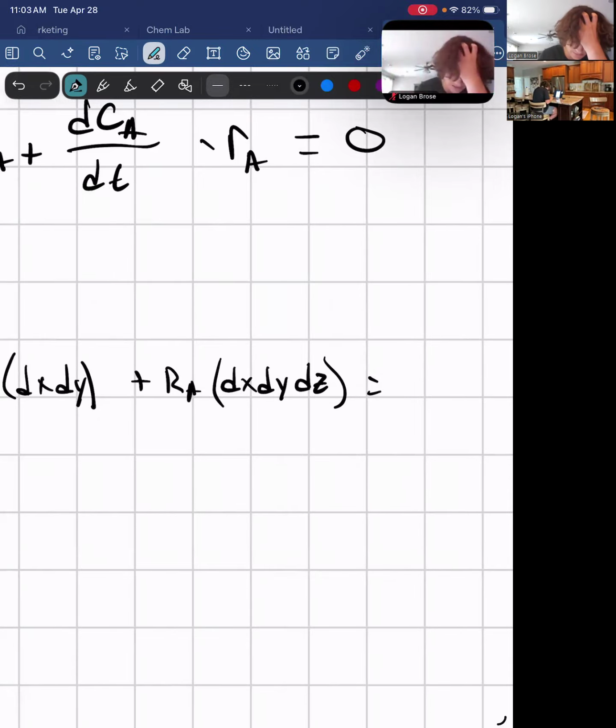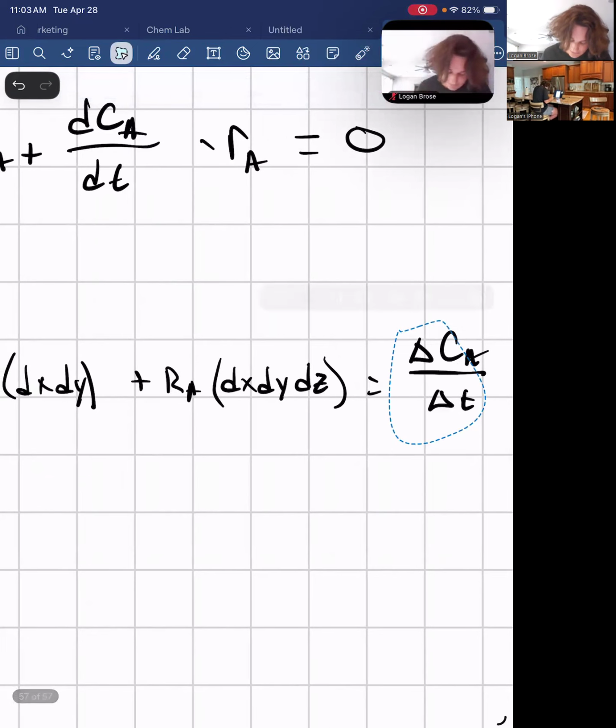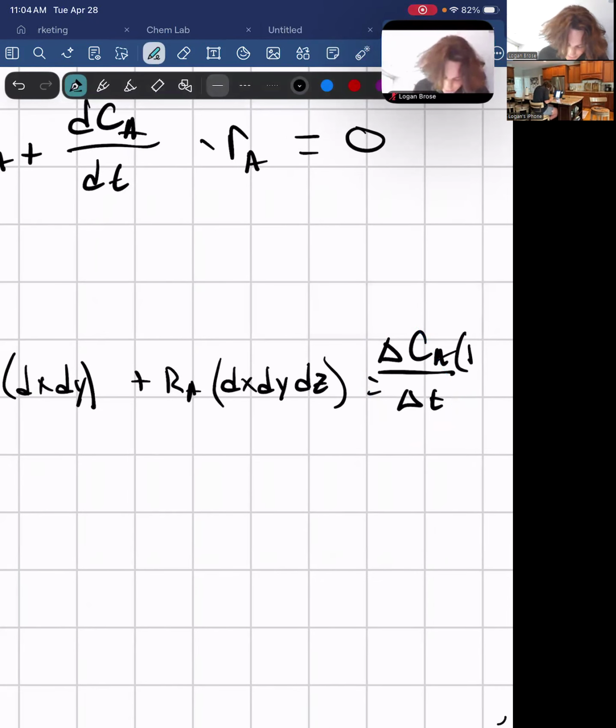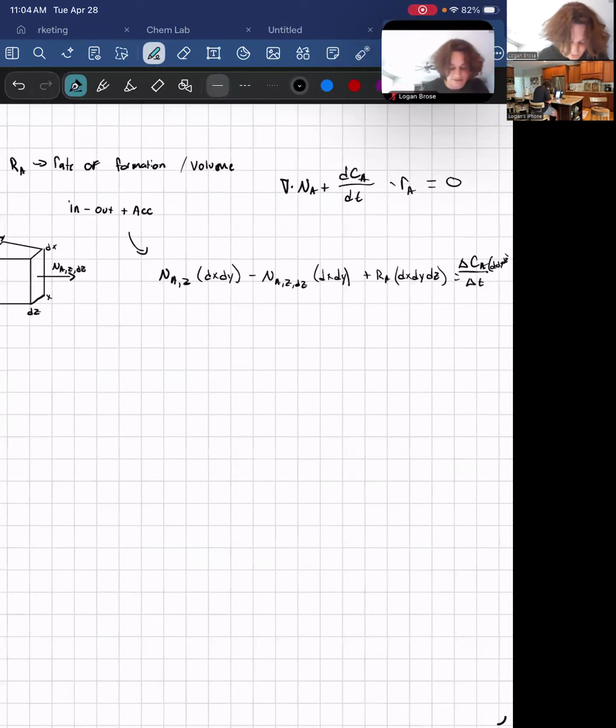And so for this, our driving force is our concentration, right? So our change in concentration over change in time. With this, I actually have to move this here. This concentration is multiplied by our volume, dx dy dz. Sorry that that's all cramped. So the first thing we want to do in order to simplify this is divide by our volume on both